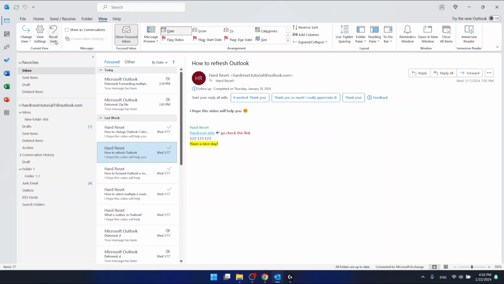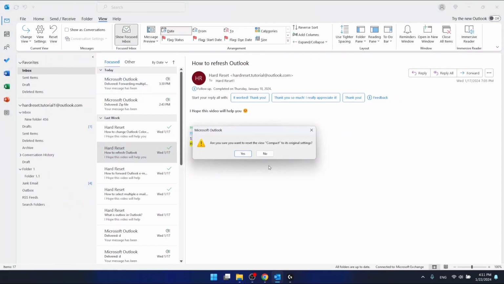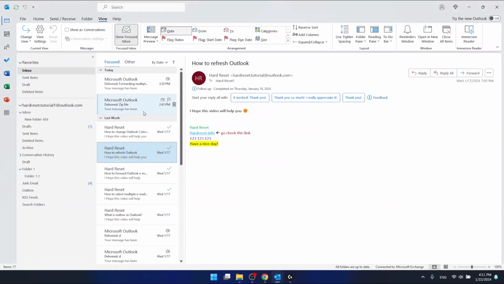And after that, you can just create, for example, reset view. So this will bring you to the factory reset. So let me just click on this one and click yes. So what I have done right now, so I have resetted all the formatting that I've got